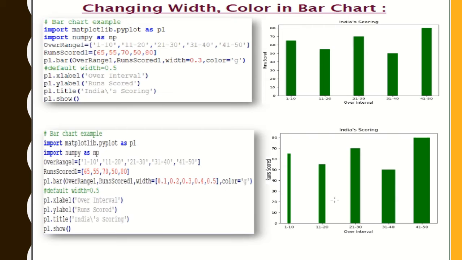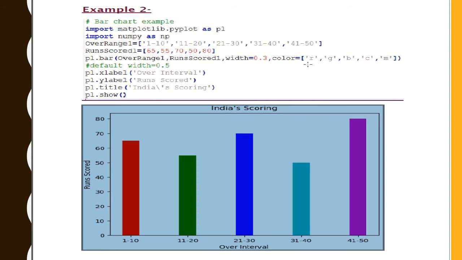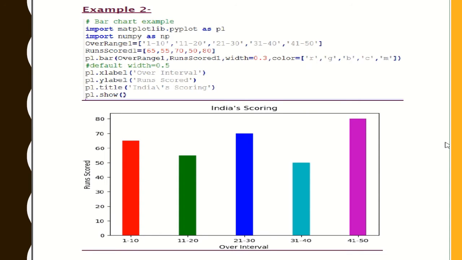Next, if I want different bars to have different widths, I have to mention how many widths, according to how much data I have: 1, 2, 3, 4, 5. So I have to mention 5 widths over here. According to that, you can change the width and color in our bar chart. Now, in this example, if you want to change the color of all the data, how can you do it?